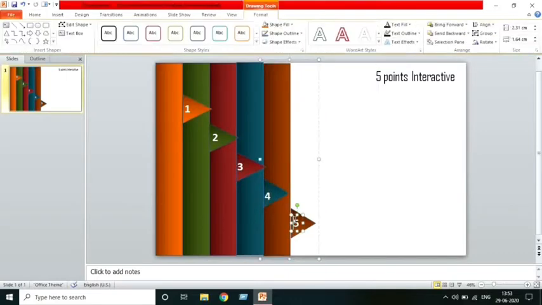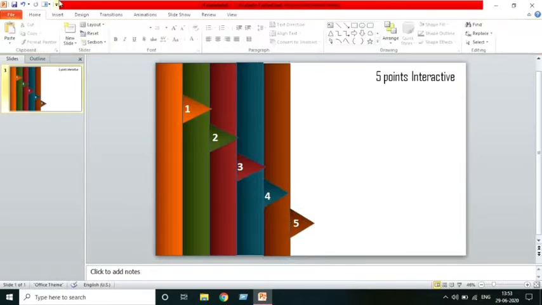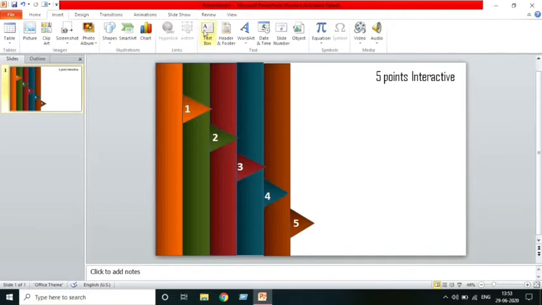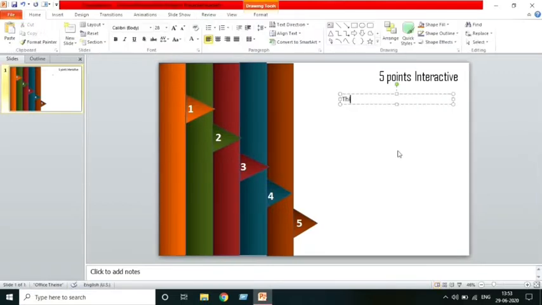Now all our points are added. Respective to that, we will add some text. Here again go to insert, click on text box, and we can add our text here. So I am adding the content. This is point 1. Accordingly you can add your points which you want to teach. Subject by subject this content will change. This is a demo, so I am just adding this content. So this is point 2.